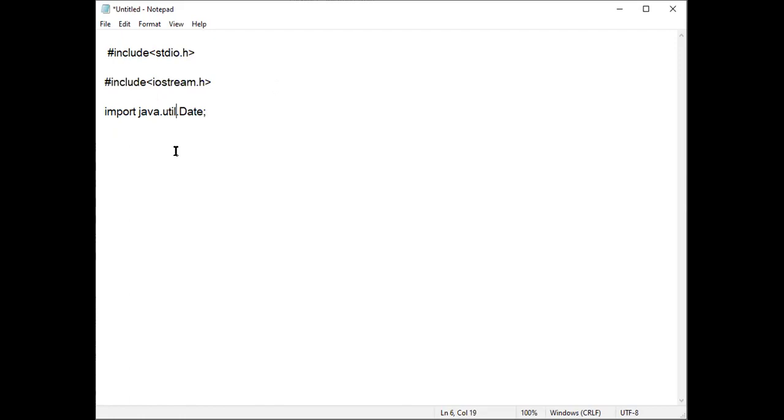Now, in case of Java, what happens? Here, java.util.date is not a file. First point, it is not a file. Okay. Among these three things, we have to understand which is a file. See, the Java word and the util word are called a package. Okay, it is not a header file, it is called a package. And date we can say is the file, and it is also called a class. Okay,